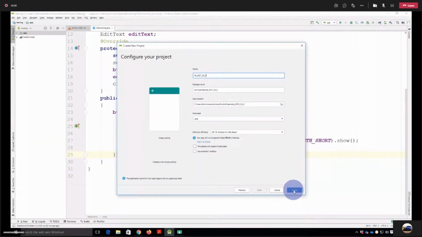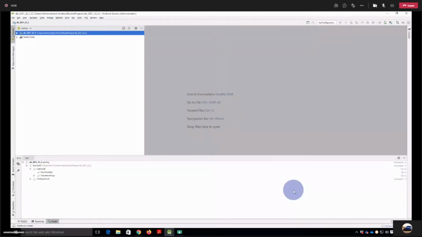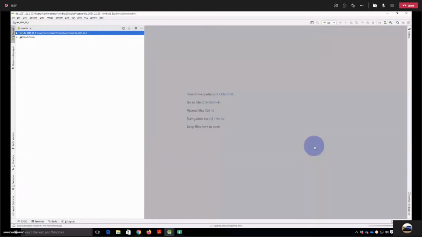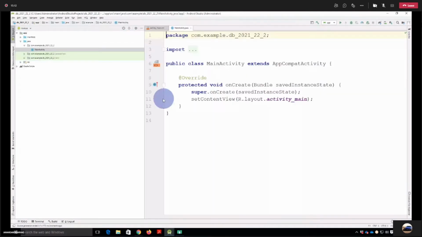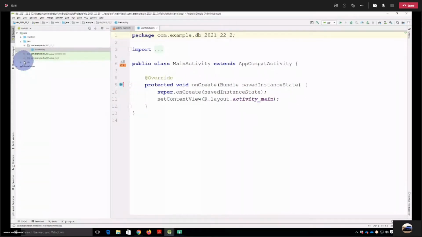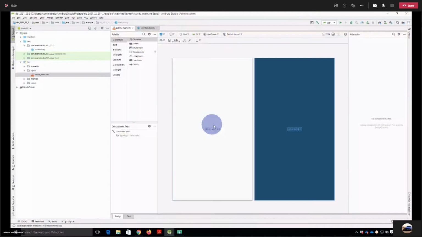Okay, click on finish. Okay, and so we will not do anything inside our XML file. So if you just see what is inside, so by default there is a hello world label, so we will keep